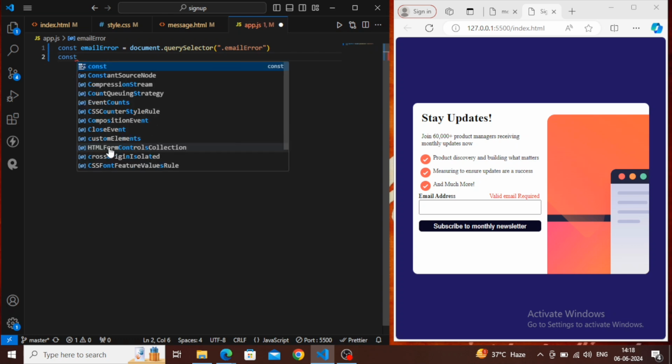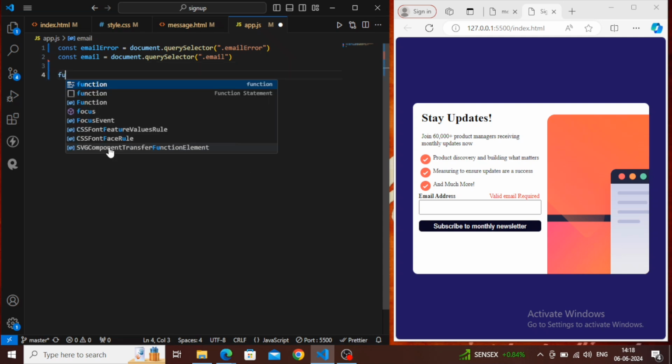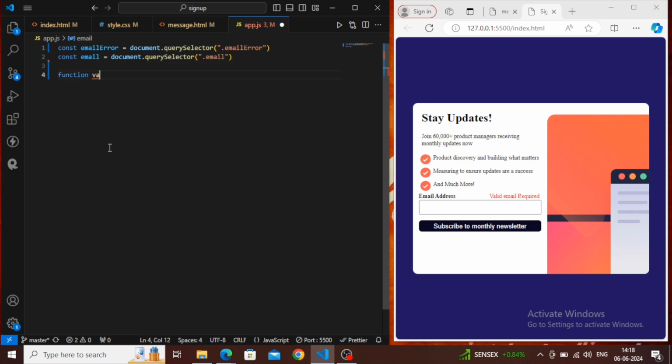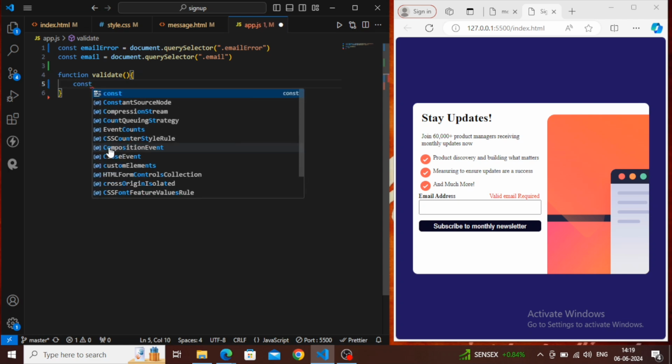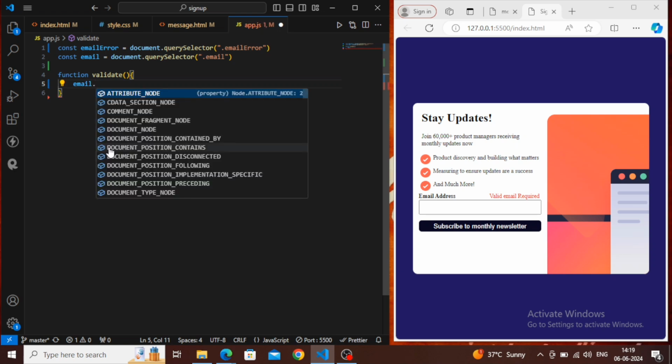And after this we will take reference of the email input section. So document dot query selector, and we will select email, and after this we will write a function. The name of the function we will keep as validate, and inside this validate function we will take the value of this input field. So how we can take it by writing const, we can simply take it by writing email dot value,